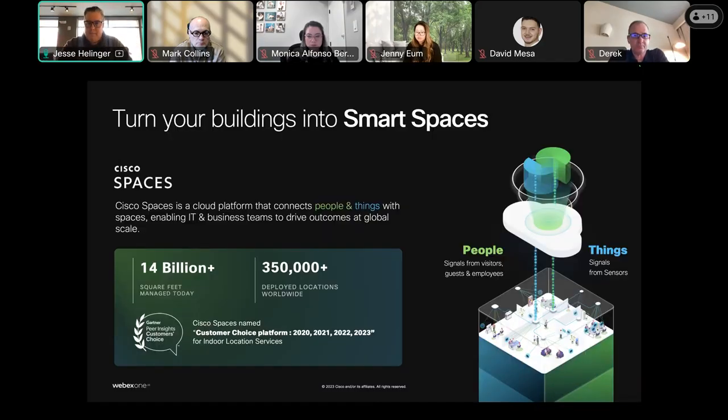Think about Cisco Spaces as sitting on top of everything we're going to talk about today. Whether that's the APs and that connectivity piece, perhaps Meraki sensors in your environment, or maybe even some Webex video endpoints that you might whiteboard with and utilize for communicating messages and displaying various communications. Spaces sits on top of essentially everything we're going to talk about today.